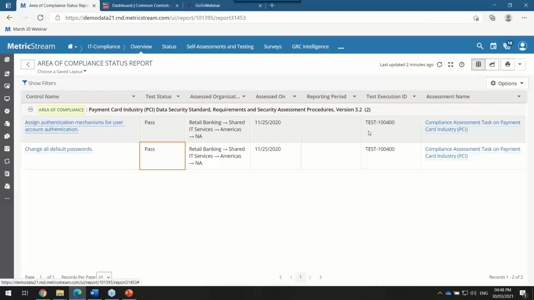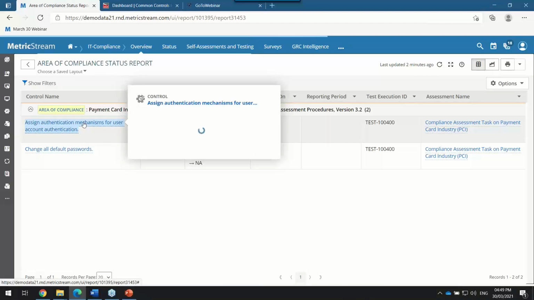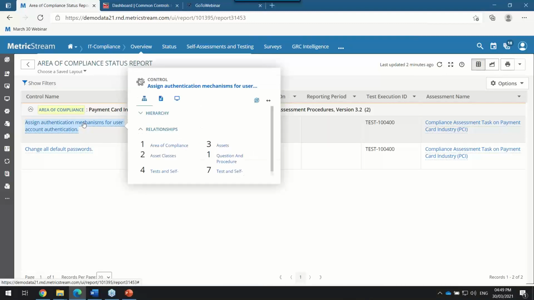This is the control name, which says assign authentication mechanisms for user account authentication, where a test has been conducted, which was a pass, and it was conducted for a certain organization, which was retail banking as a business line, for the region Americas. And again, you have a powerful mechanism called a hover card. You just hover over the content, and it gives you a small pop-out window which clearly calls out all the relationships for that given object.